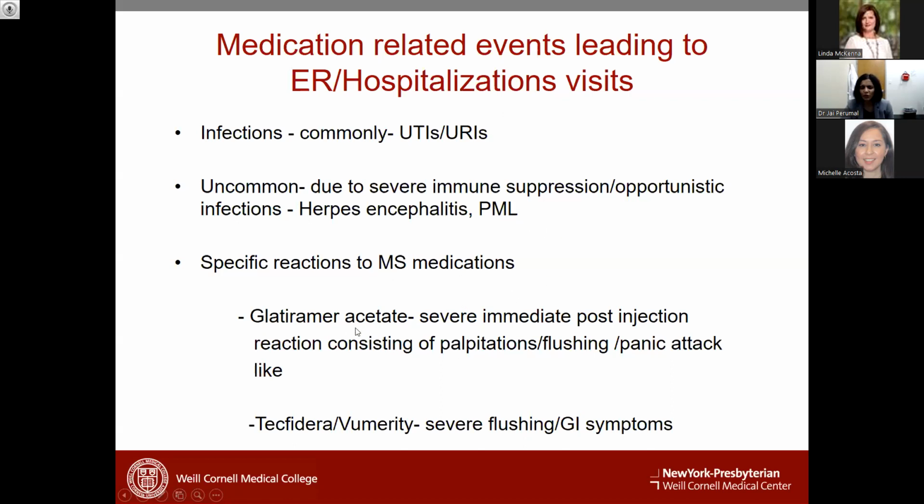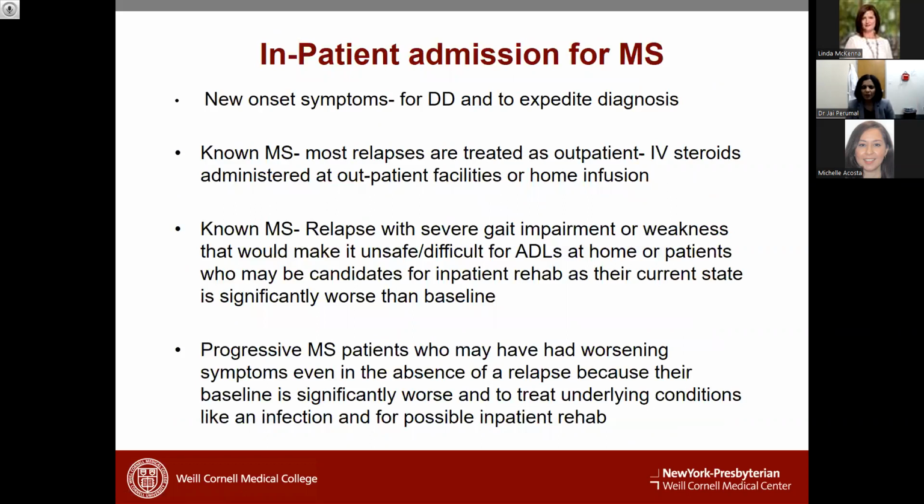With some treatments like Copaxone or Glatiramer, it can have an immediate post-injection reaction. The patients develop flushing, palpitation. It may seem scary to them, but it's harmless. But I've had patients show up to the hospital because of that. And then you have Tecfidera and Vumerity, which is a pill you take for MS. It can also cause flushing or GI symptoms that end up in the hospital. But neither of these things are dangerous. The things that one should not miss are, most importantly, the infections that are making MS symptoms worse in a progressive MS patient. Why might patients get admitted to the hospital?